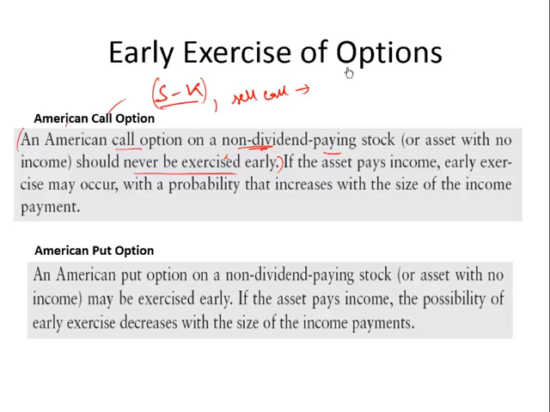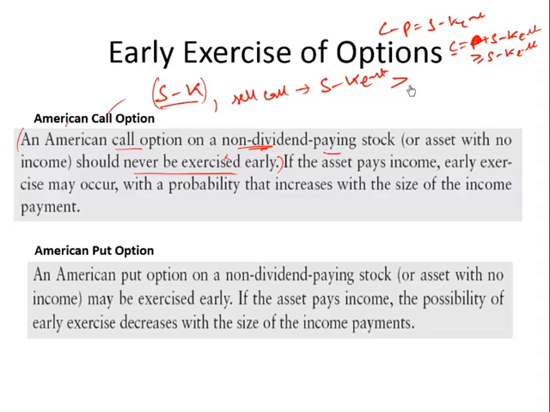The minimum price that you will get, or the minimum premium for an American or a European call option, will be how much? C minus P is equal to S minus K e raised to power minus RT. So C is equal to P plus S minus K e raised to power minus RT. Since P has to be positive, C has to be greater than S minus K e raised to power minus RT. So the minimum price, if you sell the call, will be S minus K e raised to power minus RT,